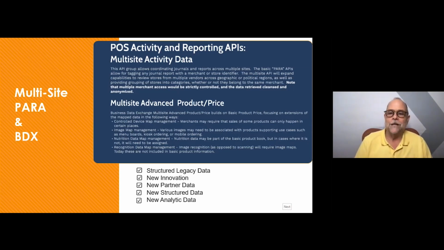None of this stuff will get done if we have to do it the way we've always done it. We've got to be able to get the computer to do these things for us. So having POS activity reporting is one of the key ways we decouple that so that it can be available for a wide variety of purposes. And the product price part of this, which is the BDXA side, is equally important. These are like two sides of the same coin,